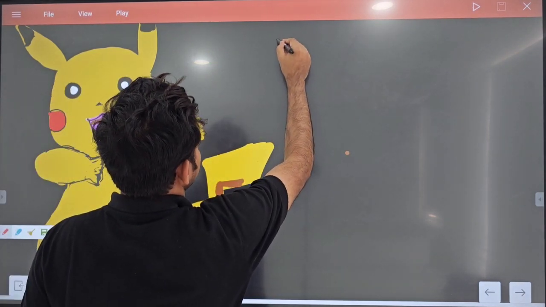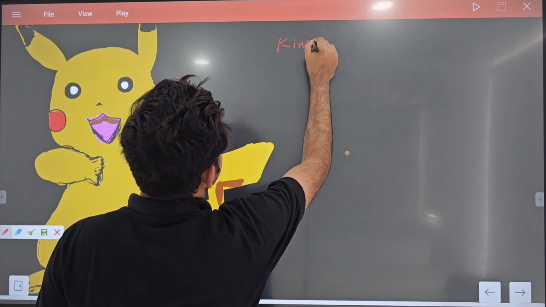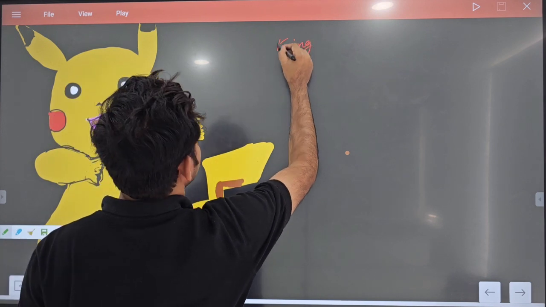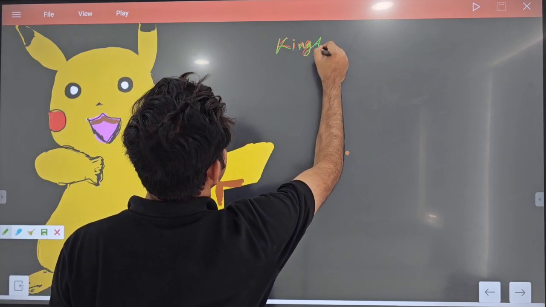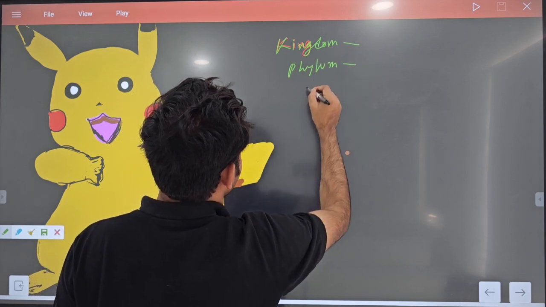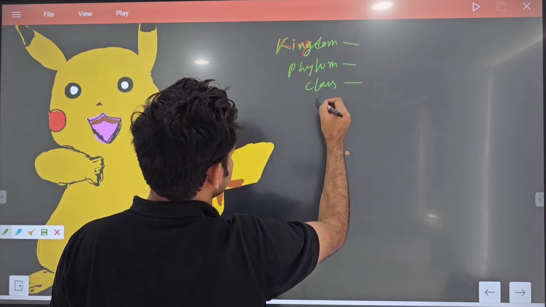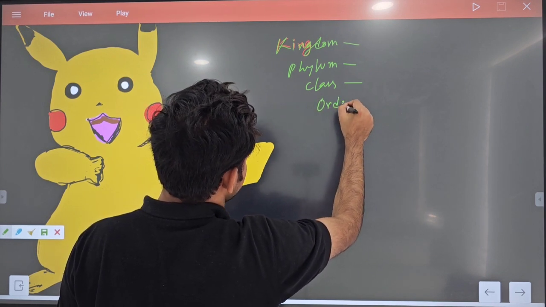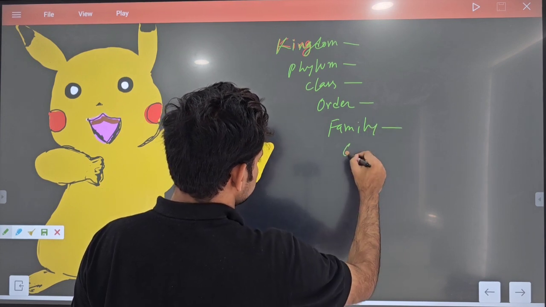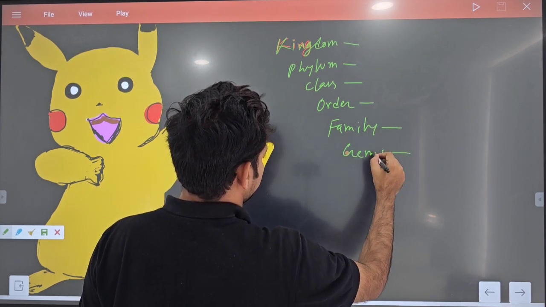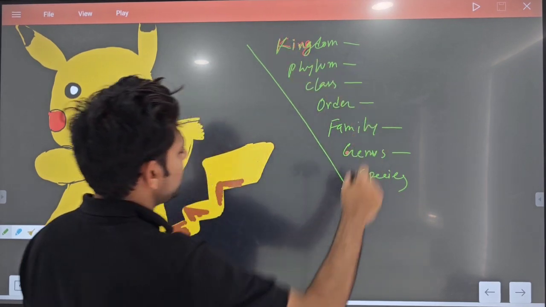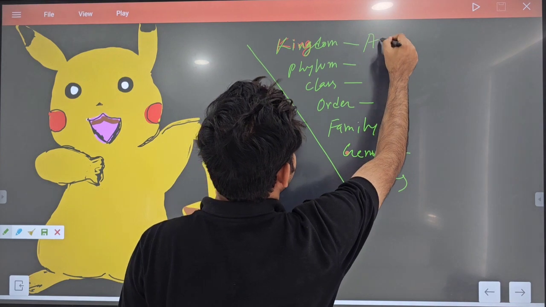What is the kingdom of this animal? What is the phylum of this animal? What is the class of this animal? What is the order of this animal? What is the family of this animal? What is the genus of this animal? What is the species of this animal? So ultimately it will be kingdom,